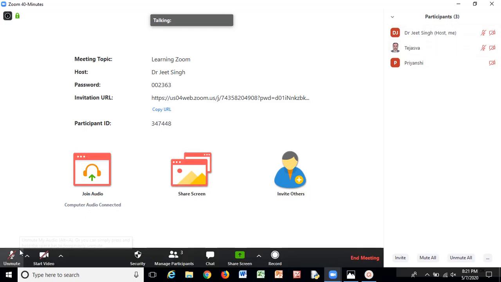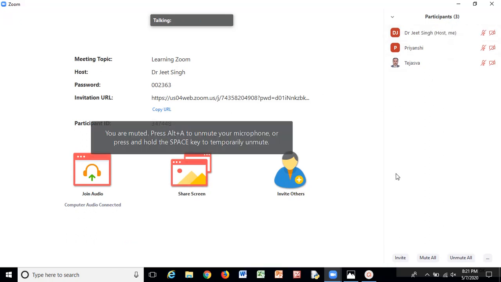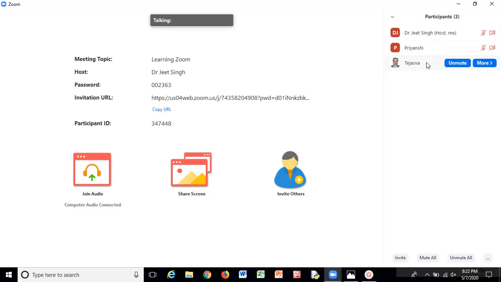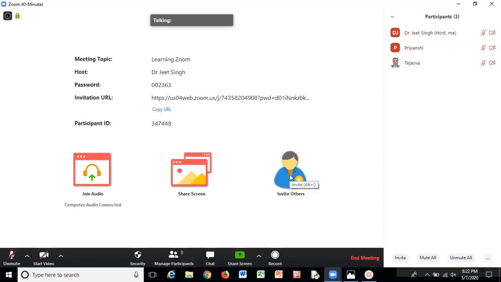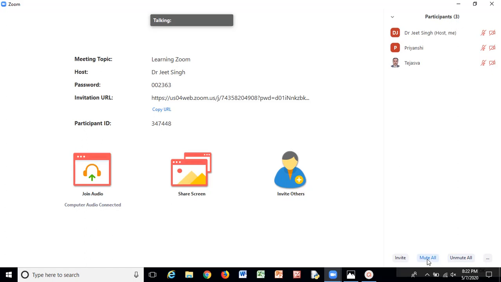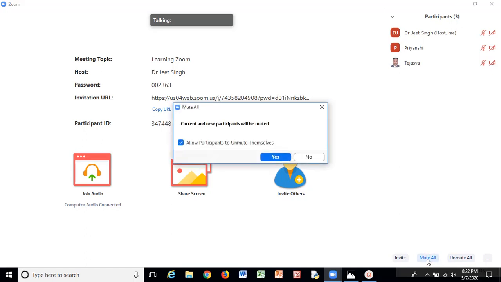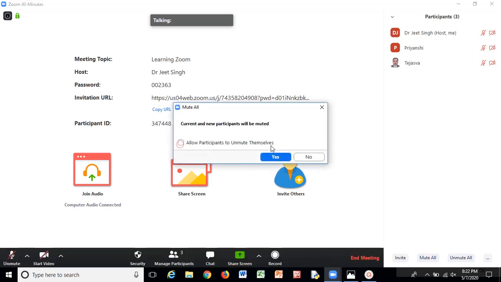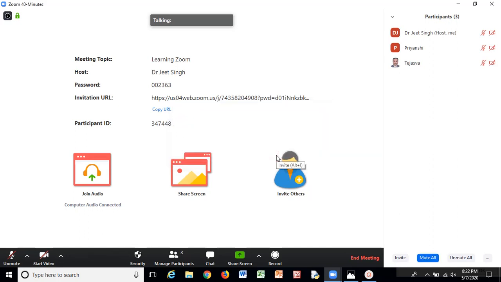I am muted, so I can unmute myself. It depends upon the participants. If a person is speaking, then he should mute the other persons. Now we will learn other things. I am muting all. Now all my participants are muted.